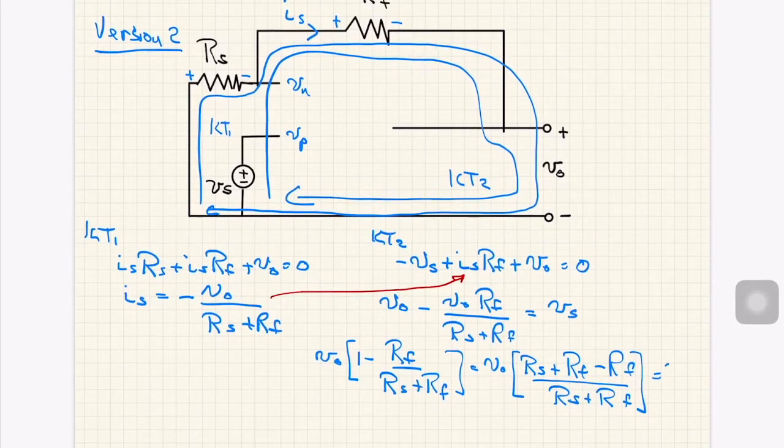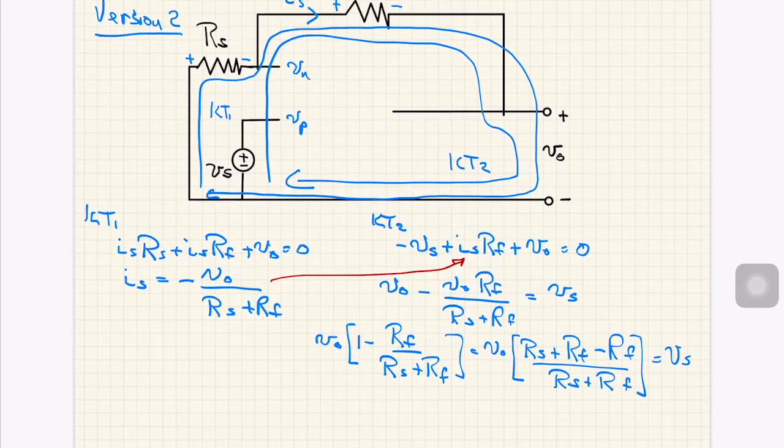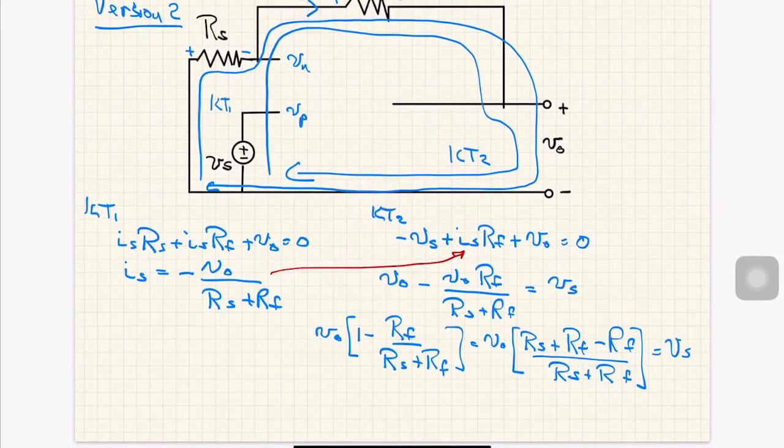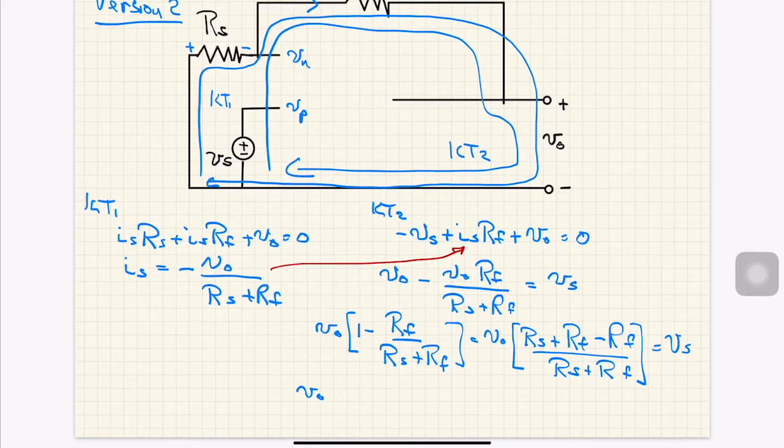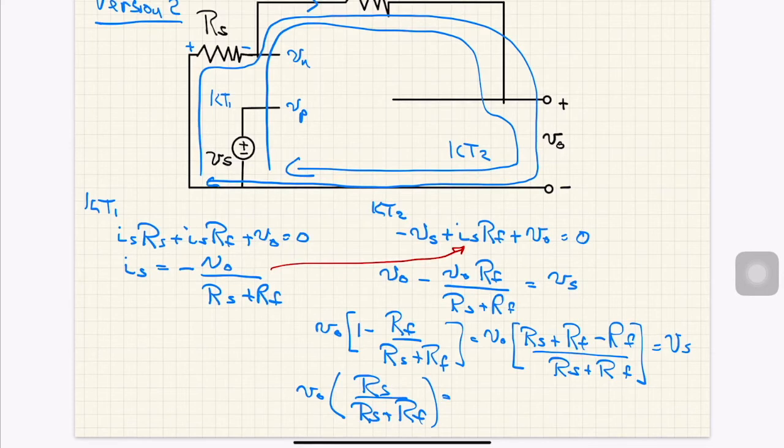And that in turn is still equal to Vs. Now of course the RFs cancel, and I'm left with V0 times RS over RS plus RF. That's equal to Vs,